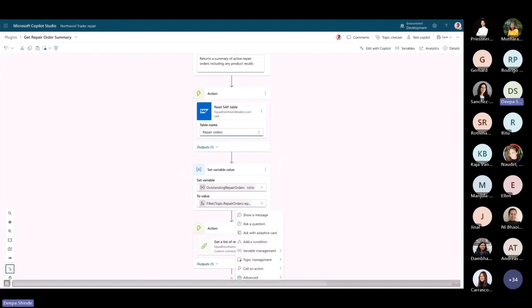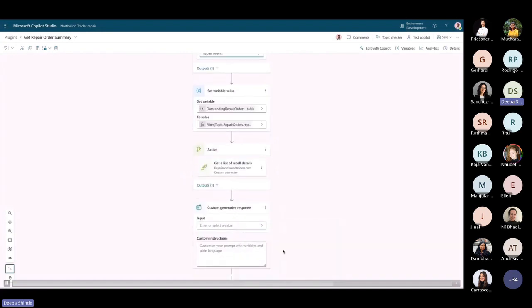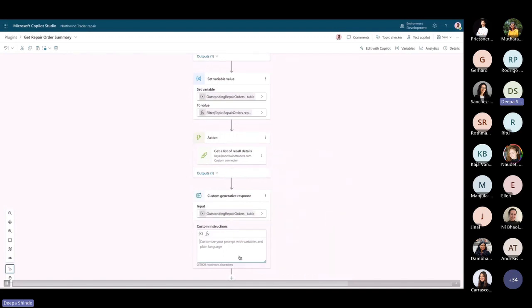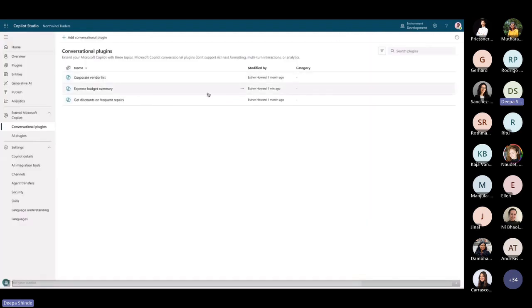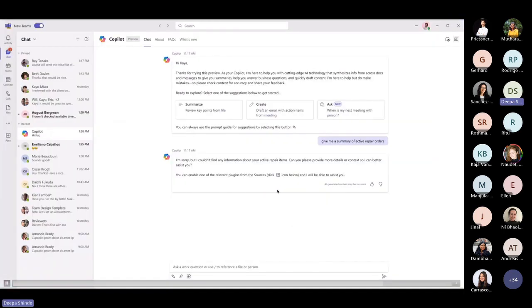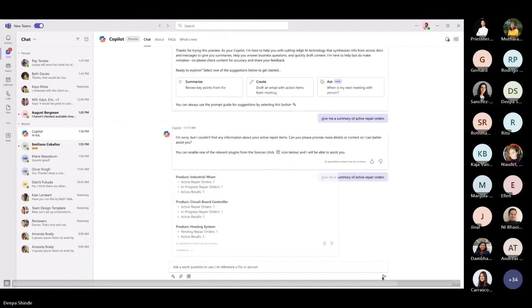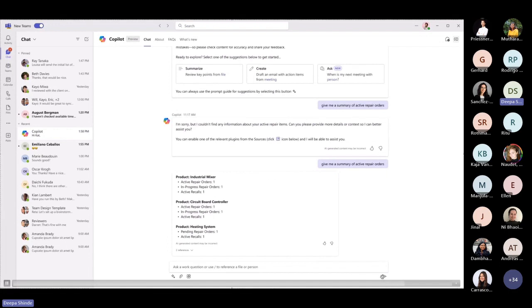And then they added an action. In that action, it is going to give some prompt engineering. So that's the prompt. He or she did the prompt engineering and then saved the Copilot. Now this person is going to publish it, go back to the chatbot, and ask the same question that it couldn't answer before. This time it could answer with the extension that was done, because it could now go to the SAP table and pull back the information.